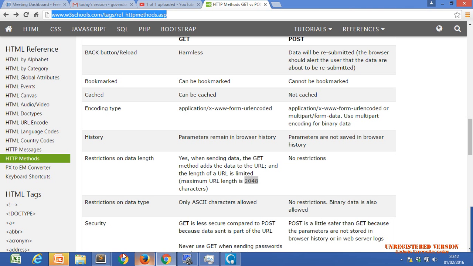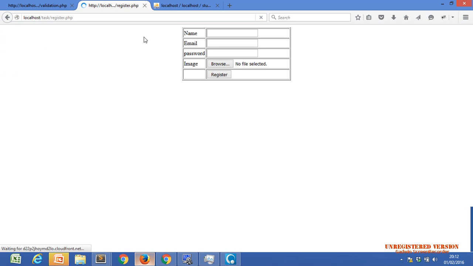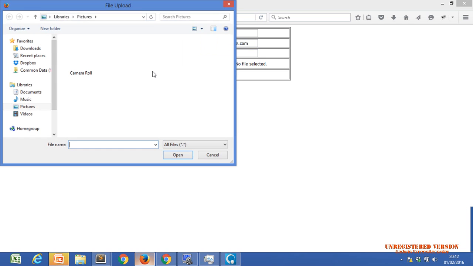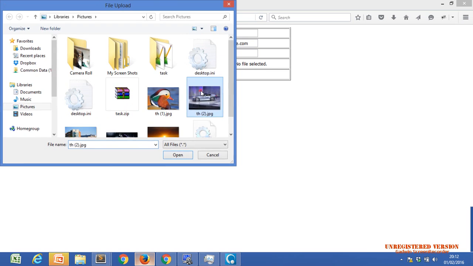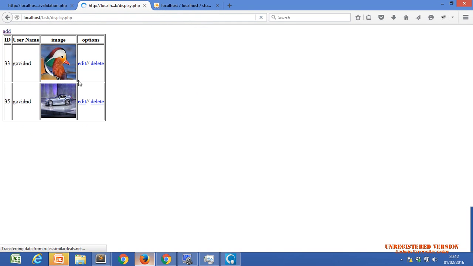That's why it is hidden. I am inserting one more record, just to show you the working of that code, nothing else.